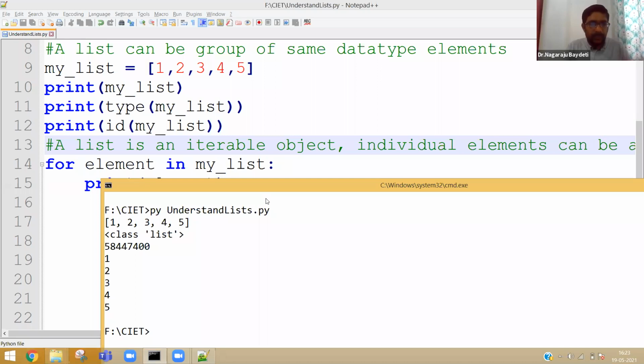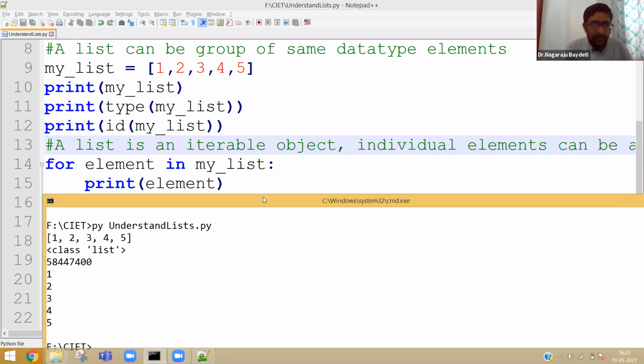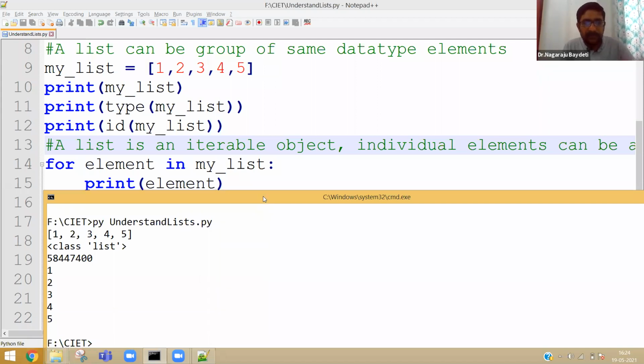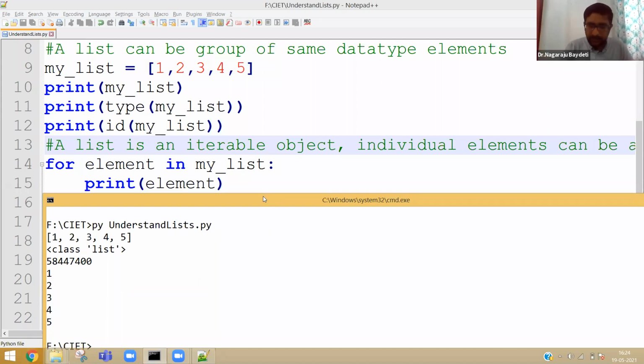Now I hope you guys might have understood that the previous execution gave me an address which is different than this address. That means lists are not interned. Just because we are discussing integers, there is integer interning. Then we discussed string, there is string interning. Okay, there is no list interning. So don't get confused with the different address in the previous output and this output.